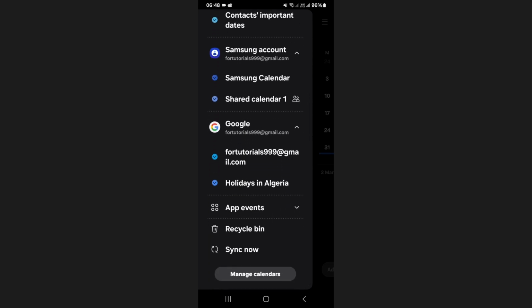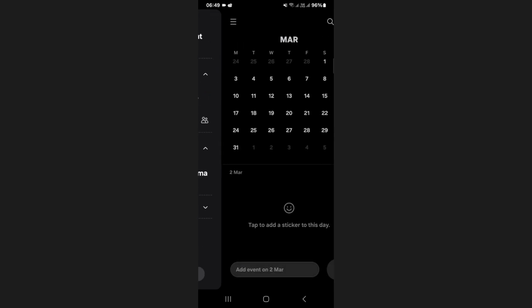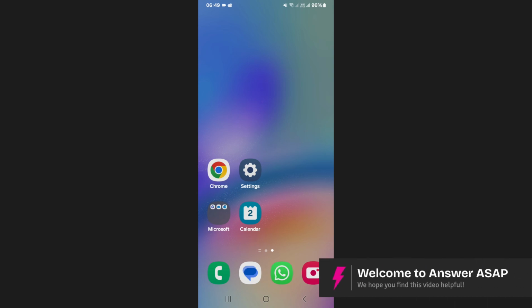Under your Google account, check if there is an option labeled Holidays. After that, scroll down further and tap on Sync Now to refresh your calendar and ensure that all available festival data is updated. If you do not see an option for holidays or festivals, close the Samsung Calendar app and